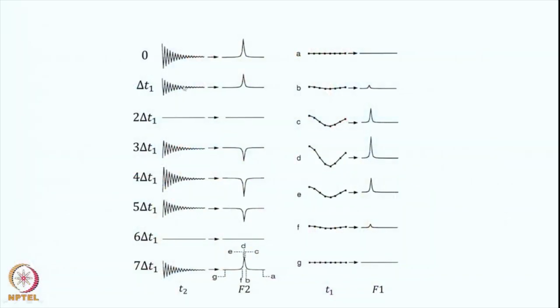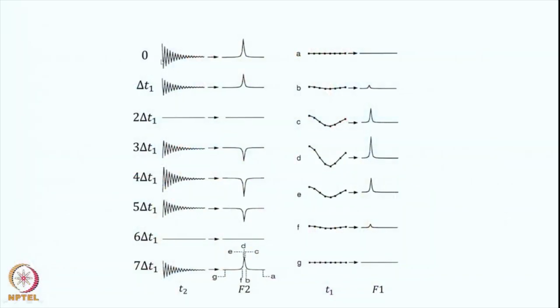In each of these periods, of course, you follow the same rules as in Fourier transform NMR. If you want to do signal averaging, for each time increment here you must do the signal averaging, 8 scans, 16 scans, whatever you have to do for each of these experiments, and you collect a 2-dimensional data set. Okay. Now let us see what happens afterwards. So here is an actual demonstration.